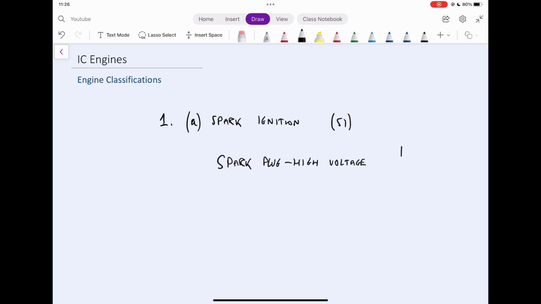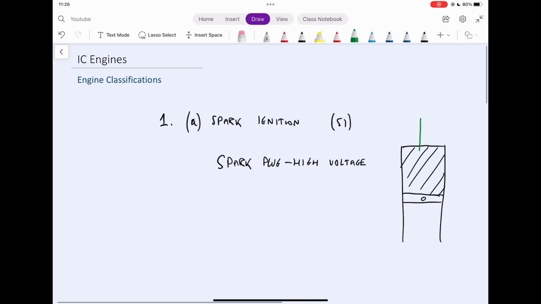So the first way in which we classify engines as design engineers and internal combustion engineers is by its ignition. There are two main ways that we look at ignition. One of them is called spark ignited engines or spark ignition engines, abbreviated as SI usually. In this case, you usually have a spark plug with a high voltage, and the spark plug creates a flame in order to create some power. So we use chemical energy and we convert that chemical energy into thermal energy,